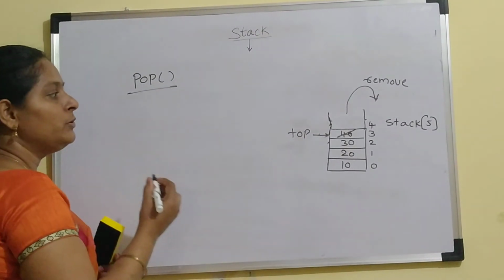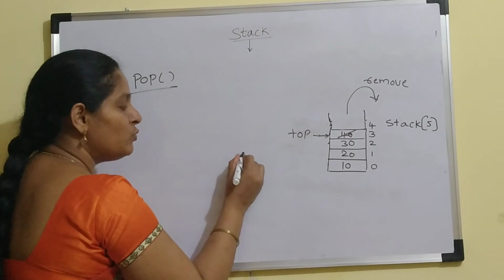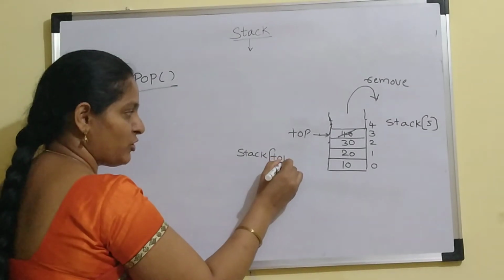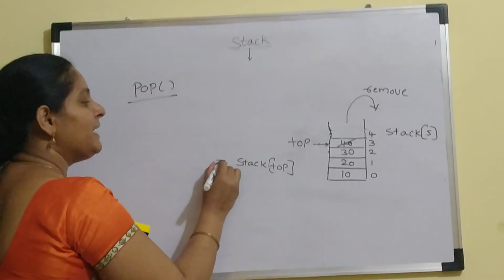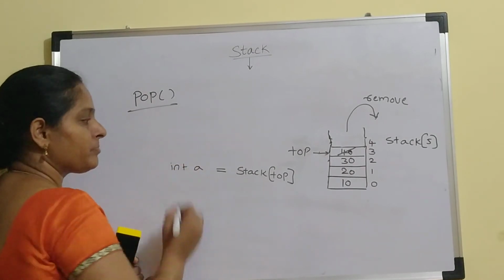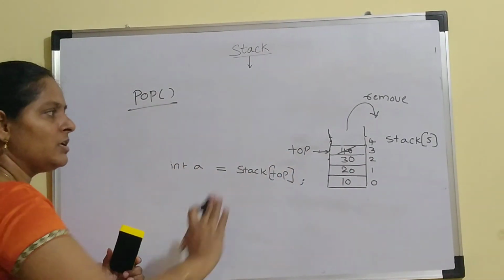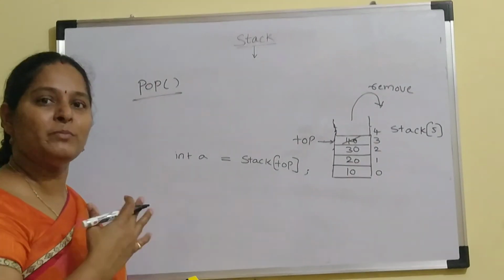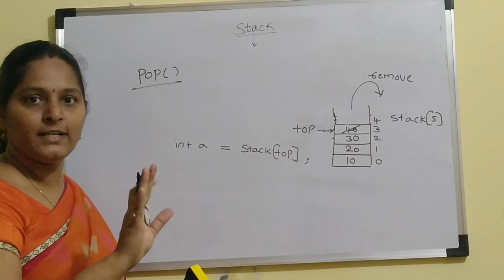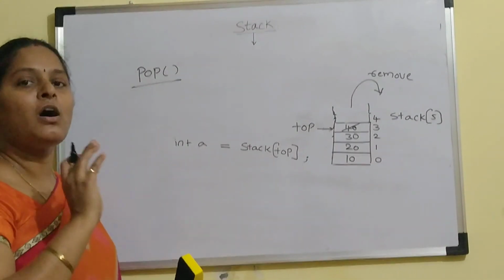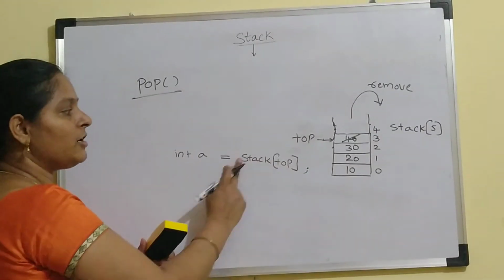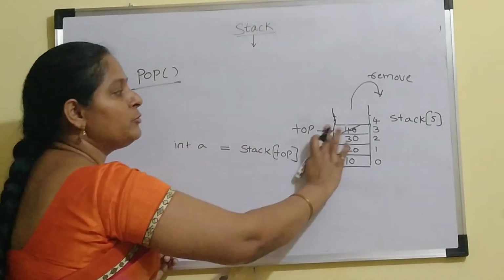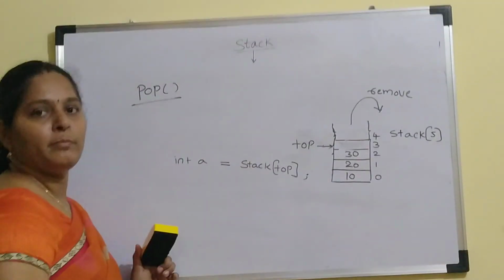So what we need to do in the deletion operation is first remove whatever element the stack top is pointing to. Remove that element and place it in some variable. On the board we can easily erase it, but how can we remove that element from the memory? Directly we can't erase that element from the memory, right? So the process is, you just take that element out from that position and place it in one variable. That indicates that we are removing that element from the memory.